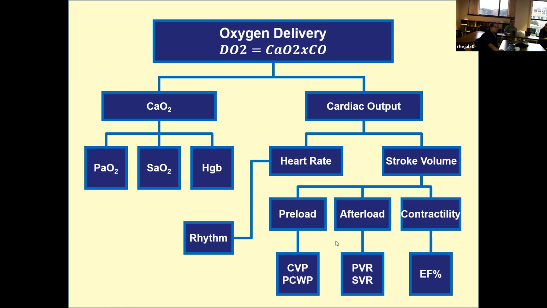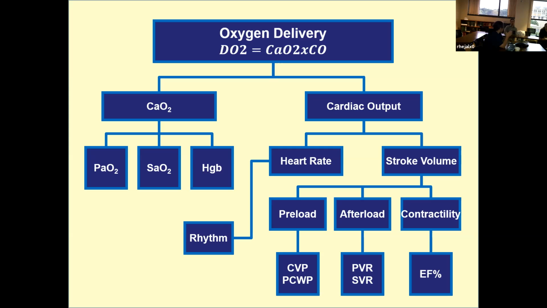Historically we thought that the preload was related to central venous pressure or pulmonary capillary wedge pressure abnormalities, and as I'll show you later, it's not really true. Afterload depends on how dilated people's vessels are, depending on the kind of shock that they're in, and almost always,